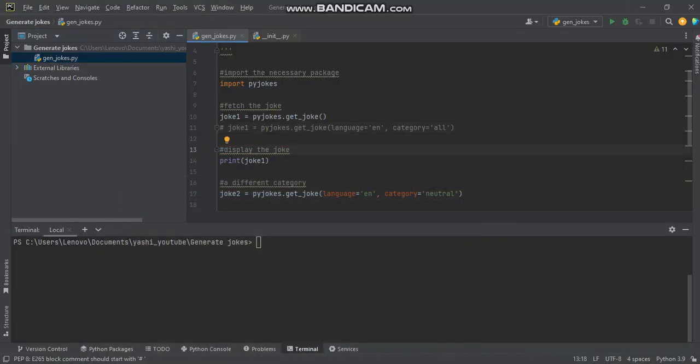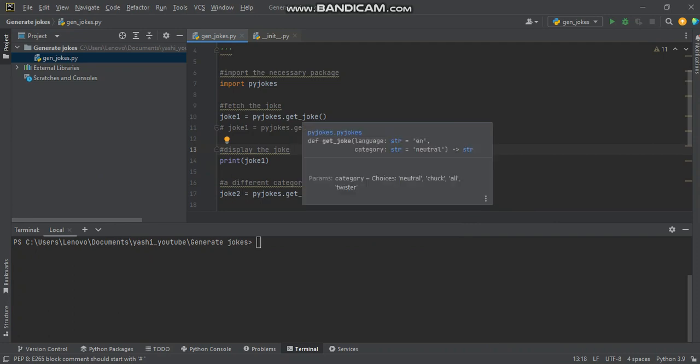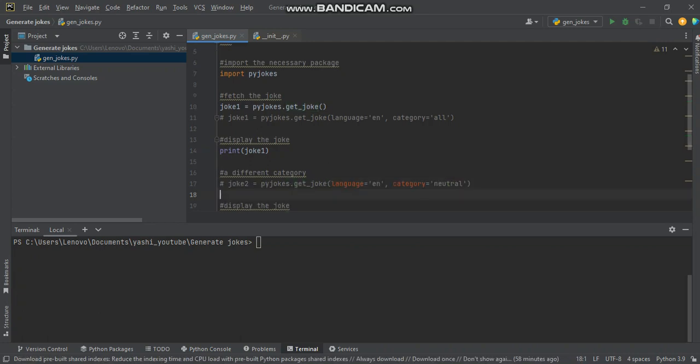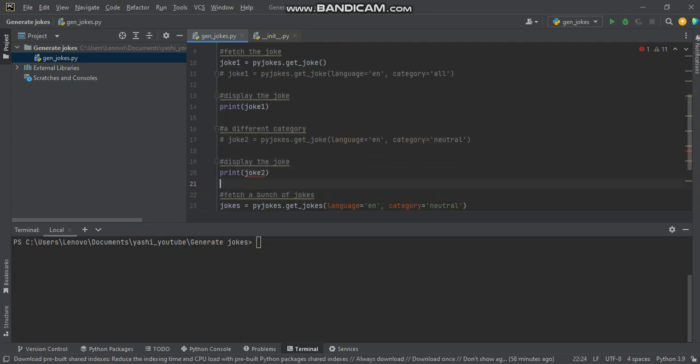We have imported it. First we are going to fetch one joke only. For that, we write a variable joke one which we have declared, and here we are getting pyjokes.get_joke. In the pyjokes library we have two functions, get_joke and get_jokes. If we want to return many jokes, more than one joke, then we use get_jokes. But let's see how it returns only one joke. So we are writing pyjokes.get_joke for joke one. Let's print joke one, and let's make the other lines comments first,